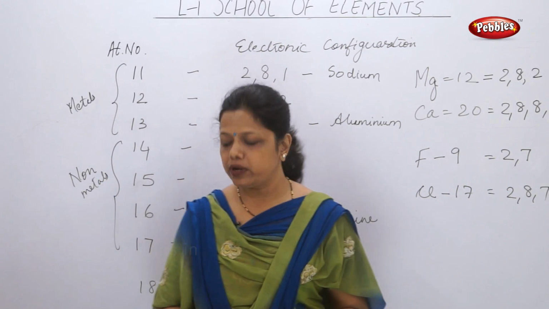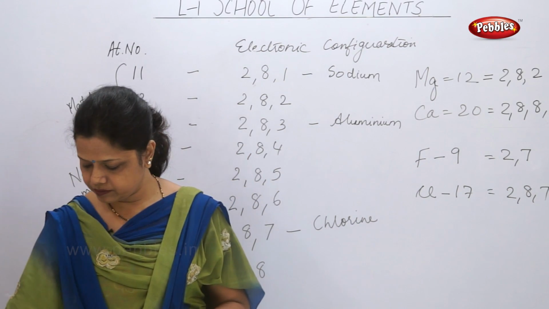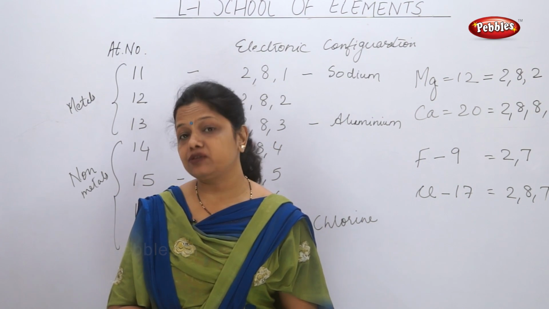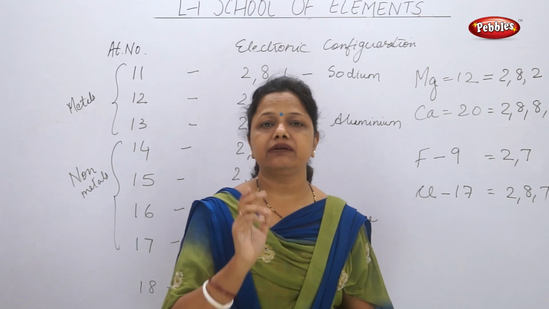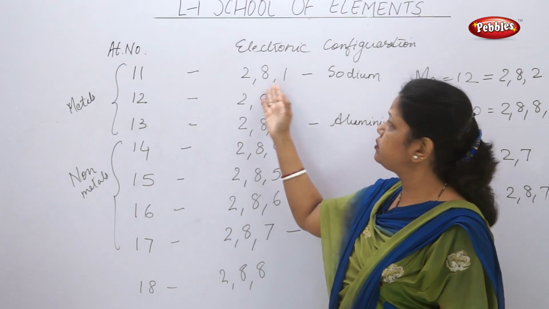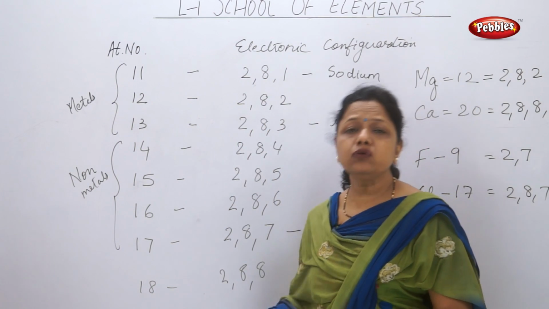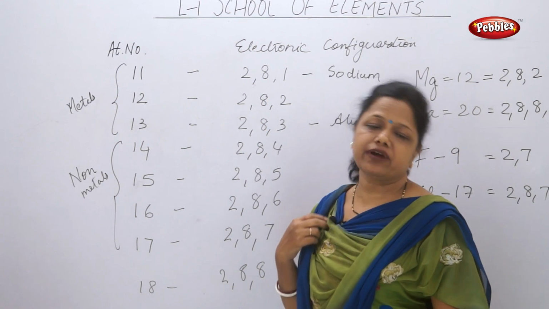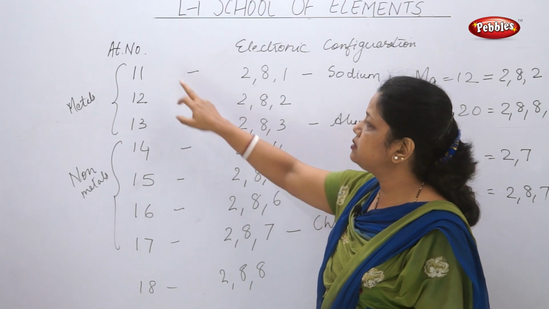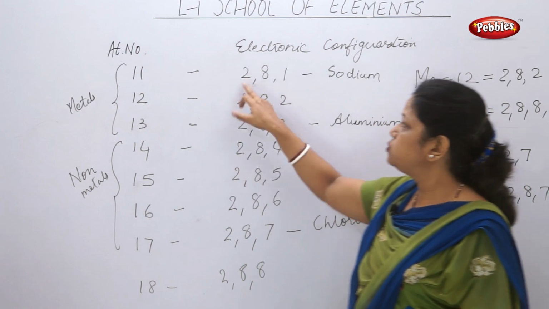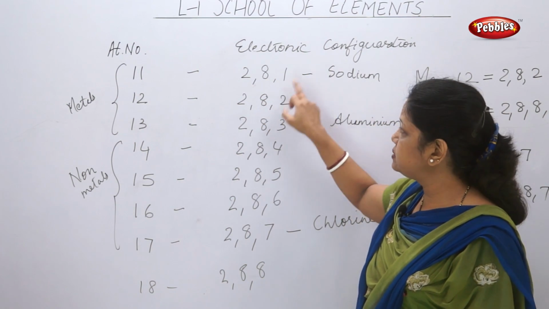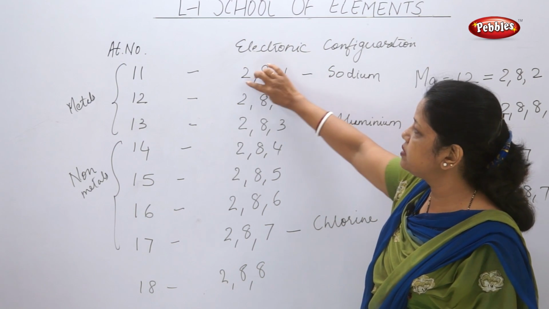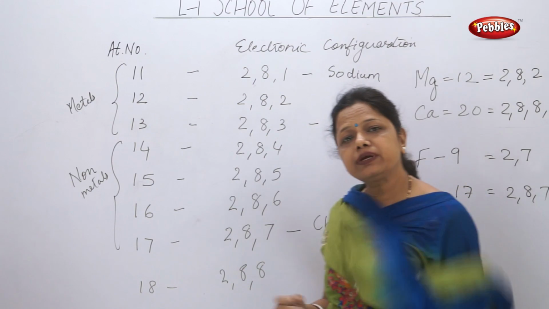Come to activity 1.8 on page 7. How do you calculate the valency of an element from its electronic configuration? Very interesting question. I have written the electronic configuration. I want to know, can I find the valency from this? It is very easy to find valency from this. Let us consider atomic number 11. 2, 8, 1. It is easy for that to give out 1 electron. Once it gives out 1 electron, what is it left with? 2 and 8. That means it will become stable.